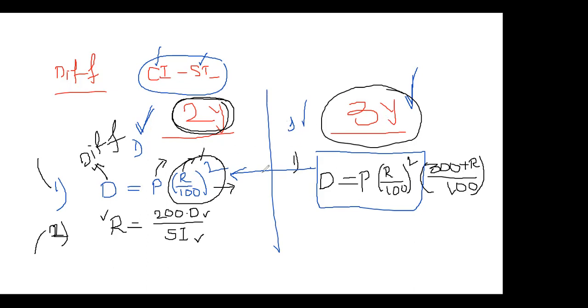So these are the only 3 formulas, guys. If you know these 3 formulas, you can enjoy the problems. How to solve the problems: when the problems are related to 2 years, you just write these 2 formulas by the side and write what data they gave. Whatever data they mention is related to formula number 1 or formula number 2. You have to check that. Then whichever is possible, you can apply that formula, right?